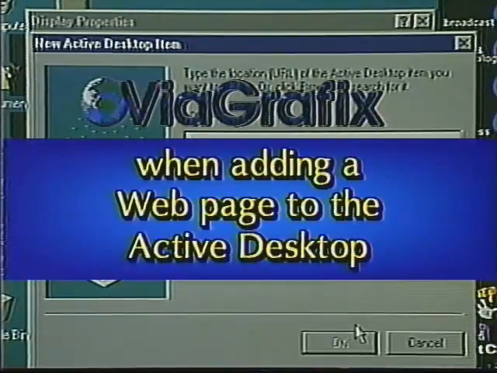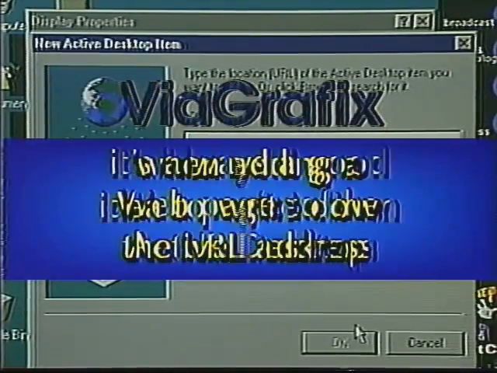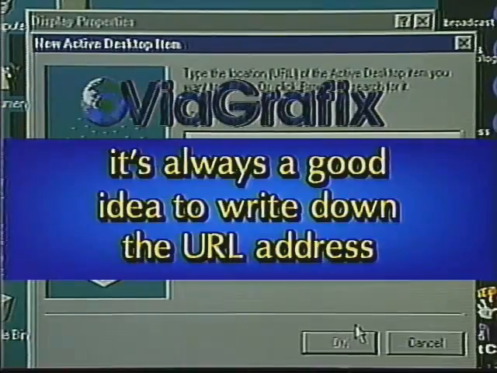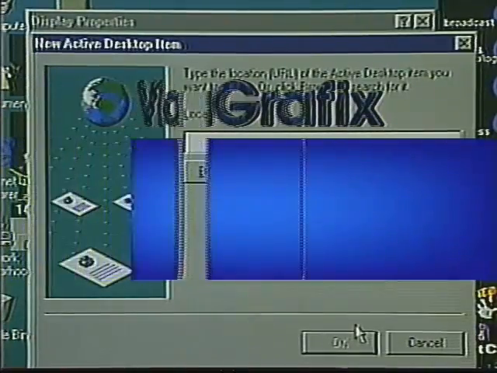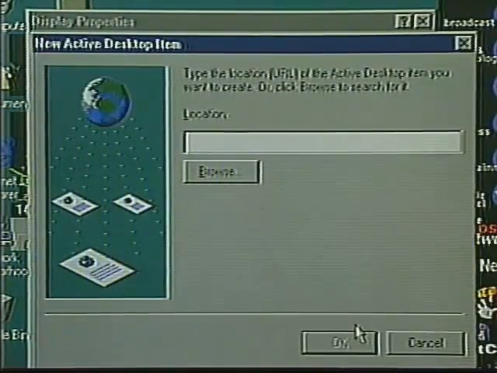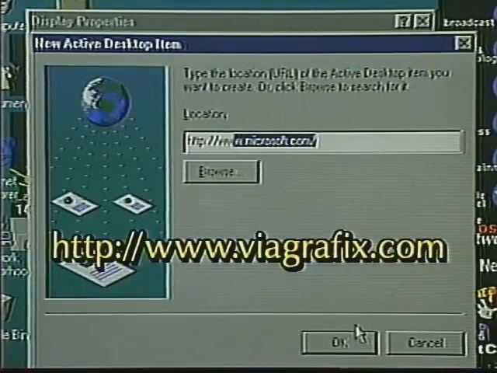When adding a web page to the active desktop manually, it is a good idea to write down the URL before starting. The New Active Desktop Item Wizard walks us through the process for adding a URL to the active desktop. Using the wizard, we can either enter an address or browse for it. Let's enter our URL address for the web page we want to add. With the cursor blinking in the location text box, we'll type http://www.viagraphics.com